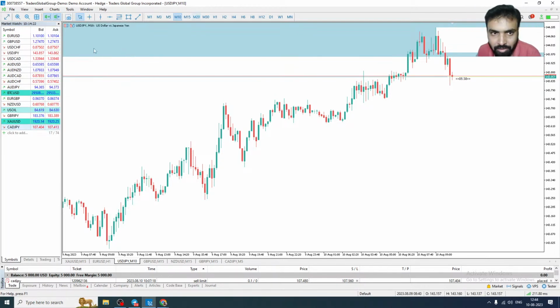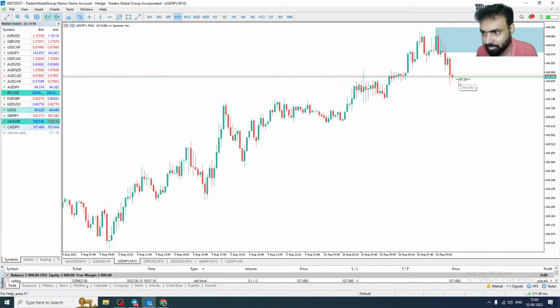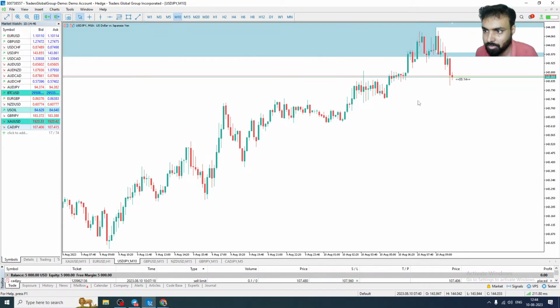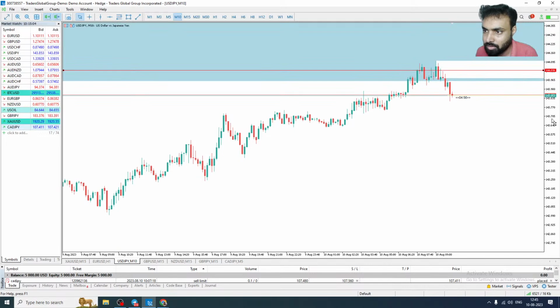Now you can see it's taking the liquidity from the equal lows. It's taking the liquidity and trying to push up. Okay, it has taken the money. Now it will go above, touch the manipulation candle and go down. So we'll put a 50 percent entry for the safer side, somewhere here. And we'll put the stop loss above this.